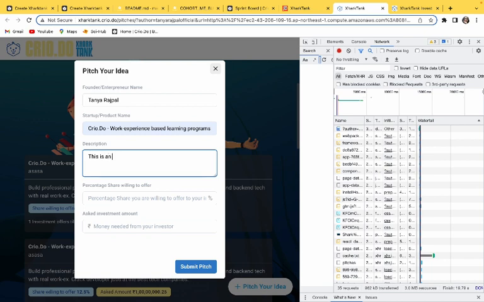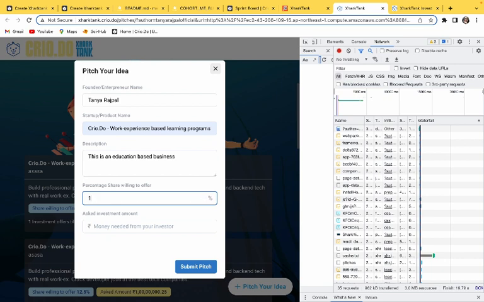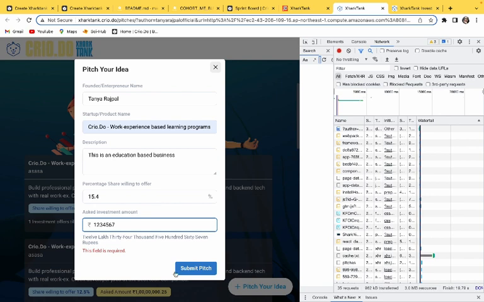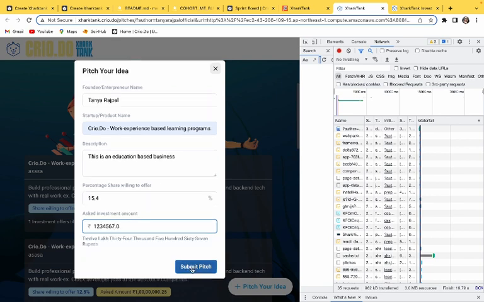So this is an education based business, and then the percentage share willing to offer, let's keep it as 15.4, and then the amount that you're asking for investment. So as soon as I click on the submit button,